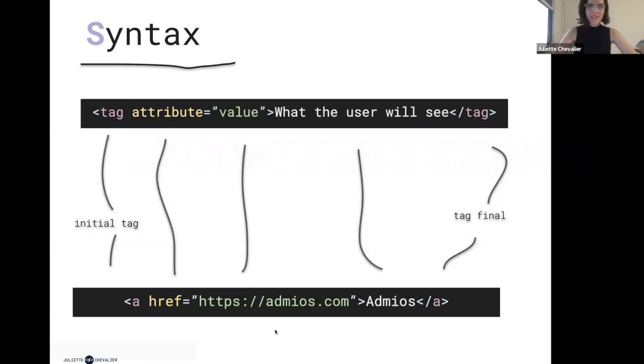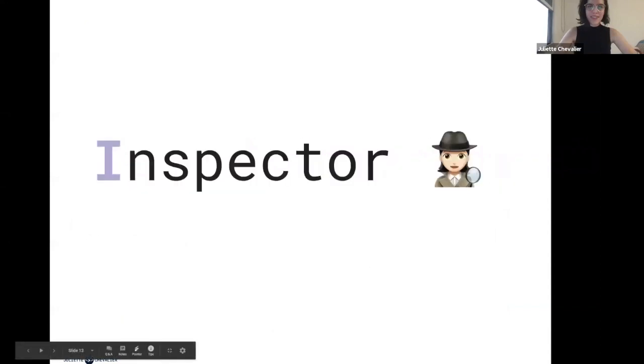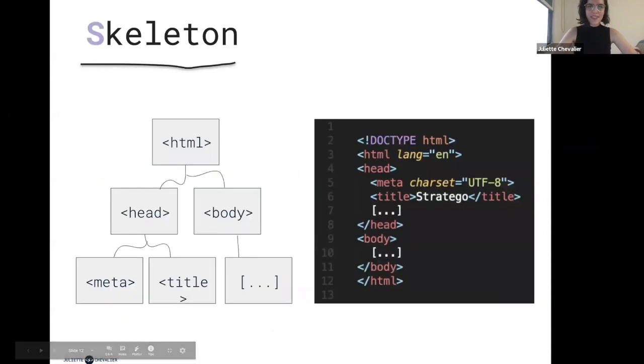Now, just like a human, HTML also has a head and a body, okay? And I think the best way to really understand it is from a human-like perspective, because the head is the one that's going to be holding all of your information of the languages you know, how you speak, how you move, your personality, all this sort of metadata that's happening up here. But your body is what the user will see, right? So it's the same way in HTML.